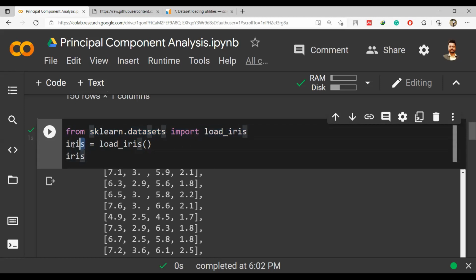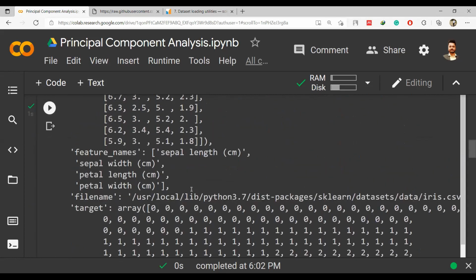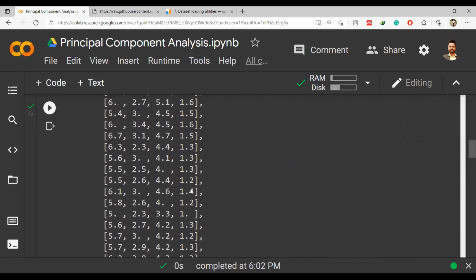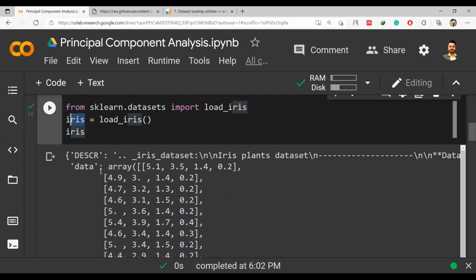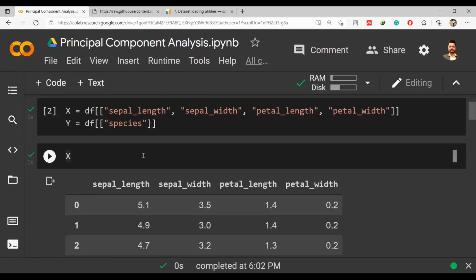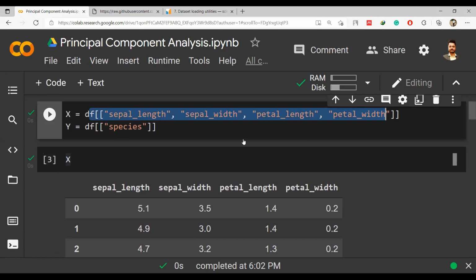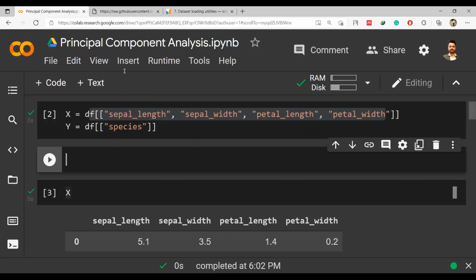So iris is an object here, and it has all the values in this form: the first four columns are available here as an array. In this iris dataset, the data is available in the form of an array having the four columns, which we had put here in the X from the original data that we were picking from this page, raw data.